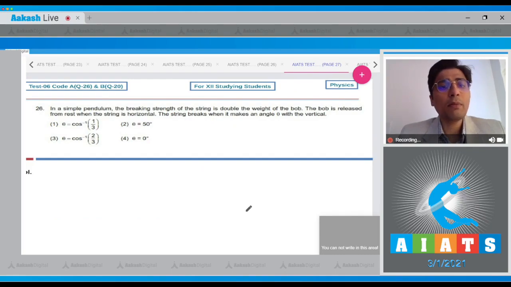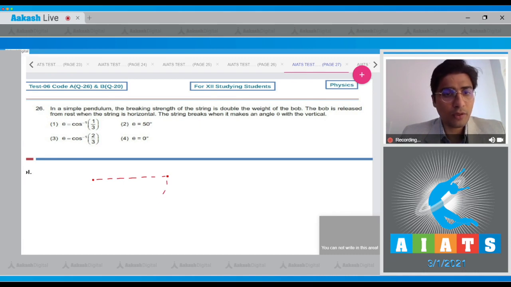In question 26, in a simple pendulum, the breaking strength of a string is double the weight of the bob. The bob is released from rest when the string is horizontal. The string breaks when it makes an angle theta with the vertical. So theta is something that we have to calculate. Now dear student,